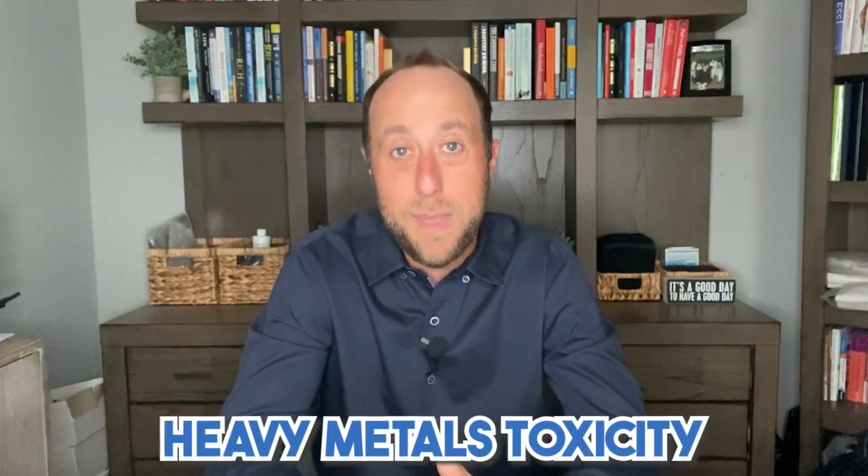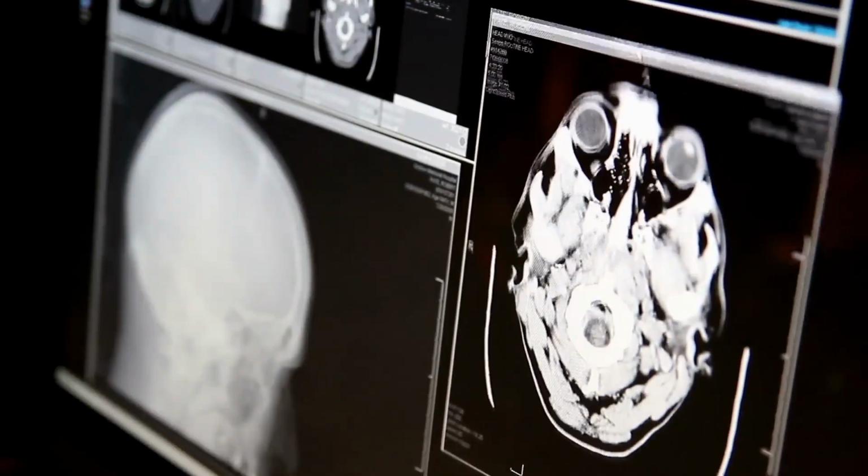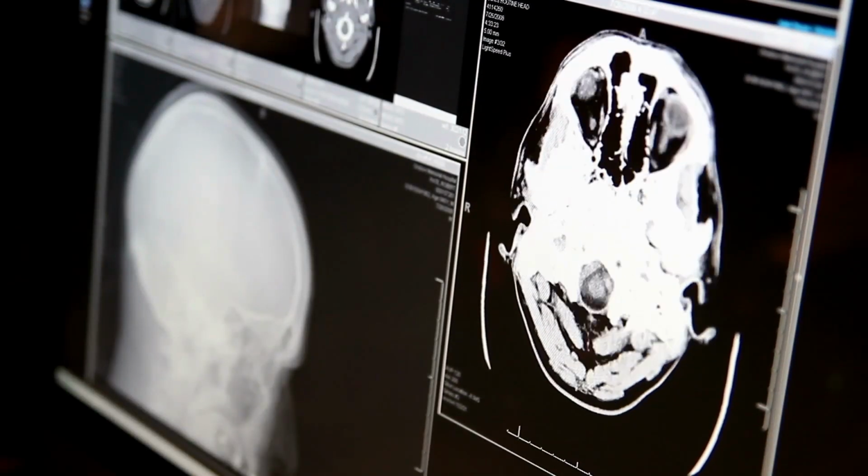So for mold, you want to do a simple urine panel. I really like Vibrant Wellness's mold mycotoxin panel. Even better, do their total tox burden panel, because that also looks at heavy metals and environmental toxins, which are two more common causes of chronic health issues. If you struggle with heavy metal toxicity, like I do because I've got the MTHFR gene mutations, then my body struggles to move those metals out of my body. And those metals can cause cancer, they can cause all sorts of stress on your immune system,